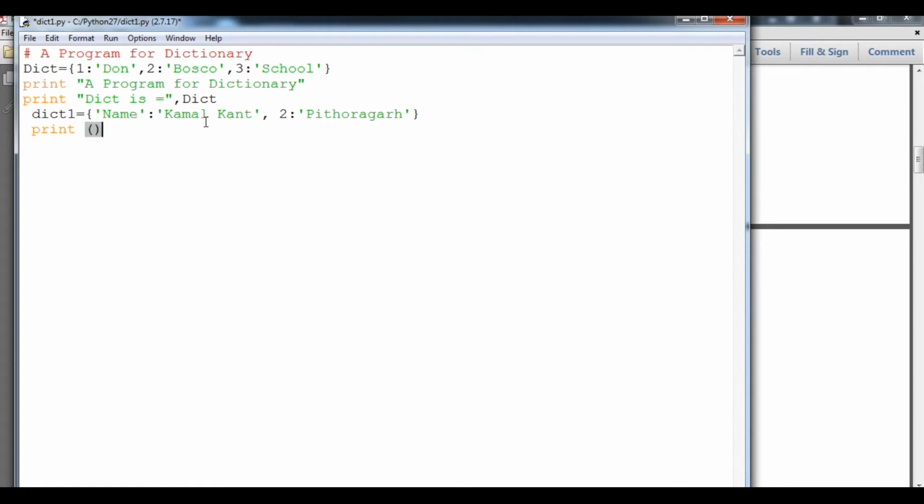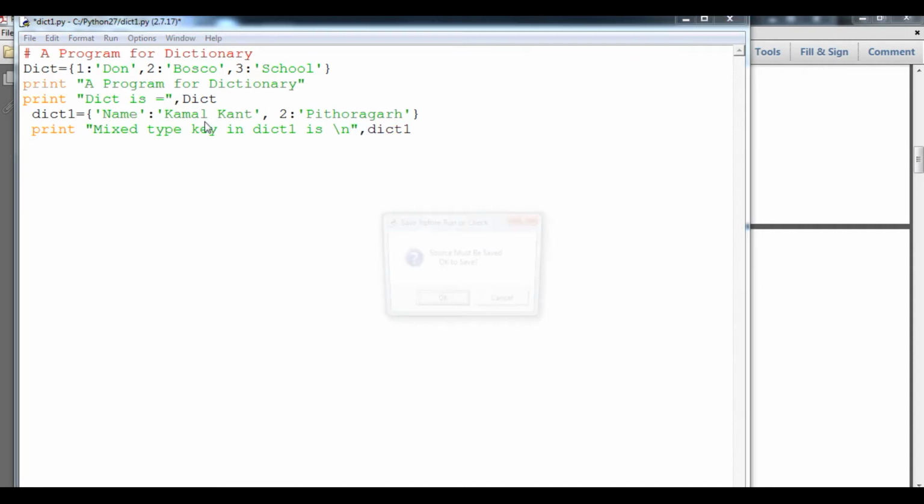After that I will say mixed type key in DICT is, so I will say \n, then after that I will say DICT1.